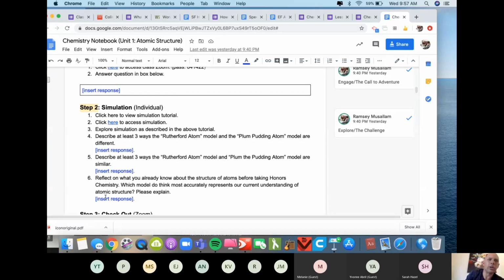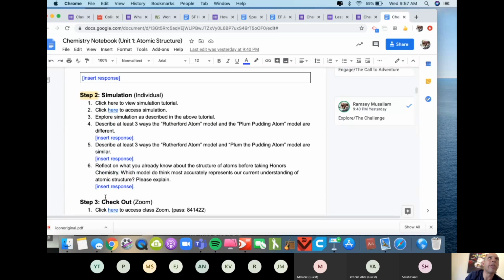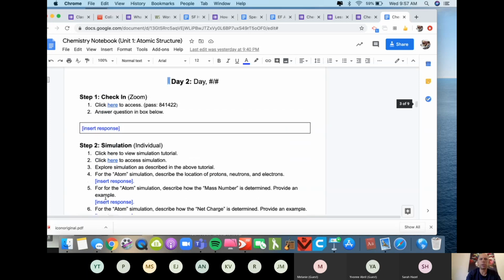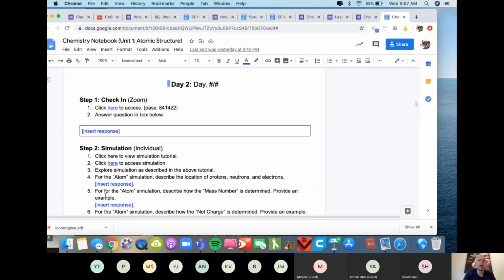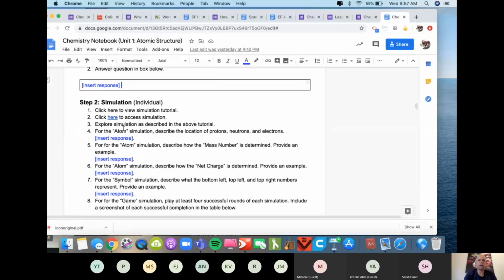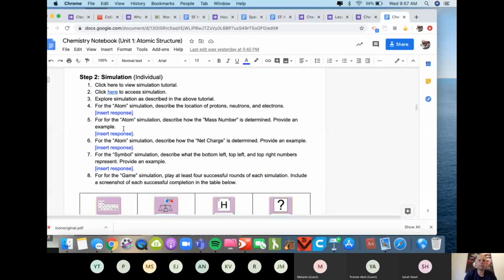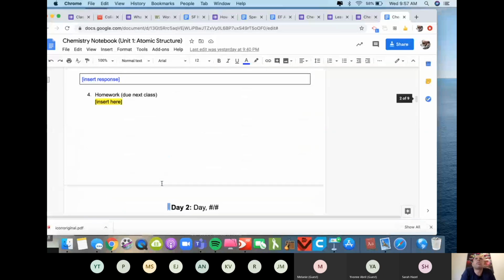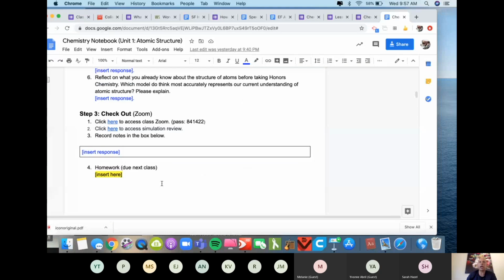And then I'm going to move later into that mentor role, where I'm going to bring together that Rutherford model into a more concise understanding from a quantum perspective. And then I can move into the next day. There's day 2. Check-in Zoom. Boom. I'll have some sort of curiosity spark. Simulation individually. Boom. Go through that. This one's broken out a little bit more. Check-out. Boom. So that's my plan. And I'll talk more about that check-out phase next class.